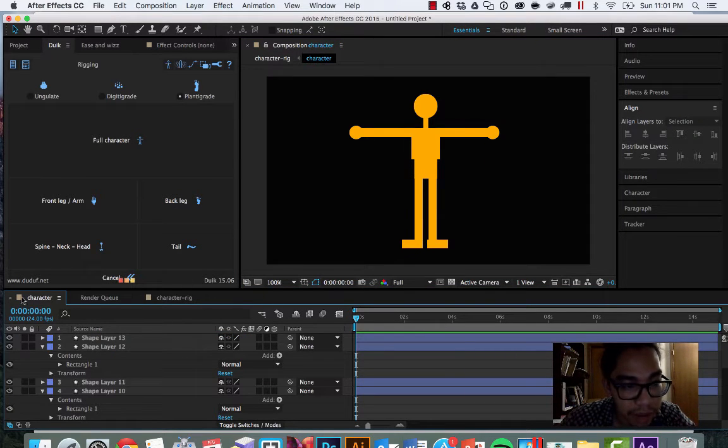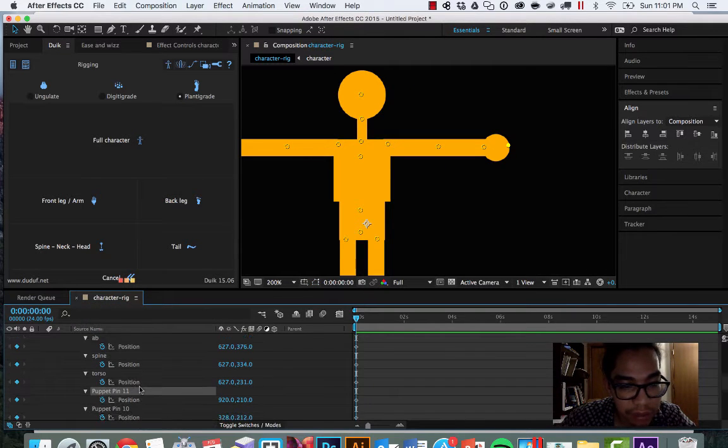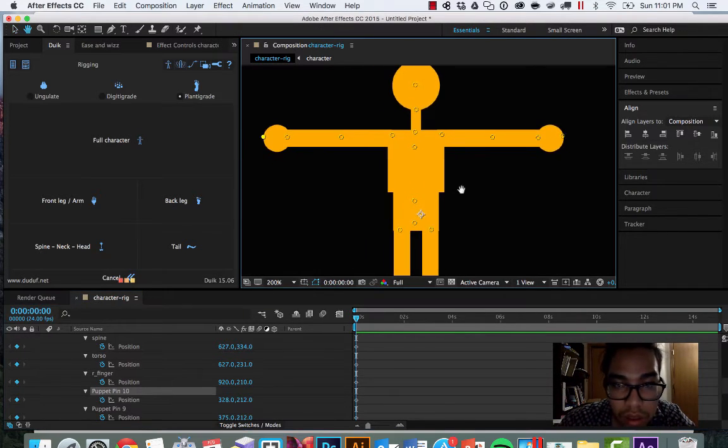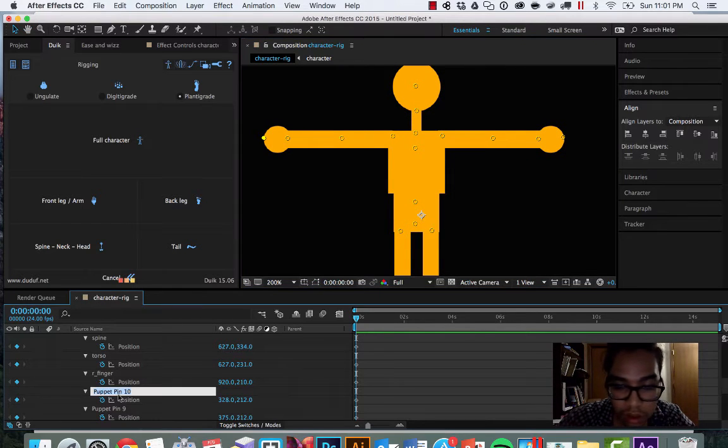Uh-oh. So whenever that happens, that means that I accidentally selected the character composition and hit enter, and so now I'm inside the character composition. Just X that out, and now I can click on this, and now I'm back to where I was. Okay, hit enter. This is the right underscore finger. This is the left underscore finger. This is the left underscore hand, right underscore hand,